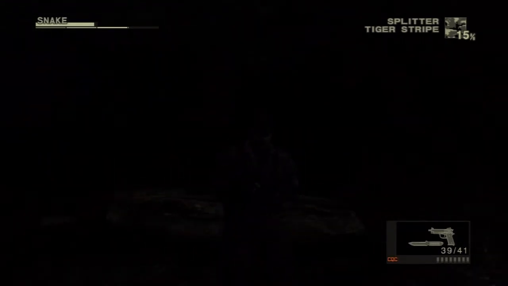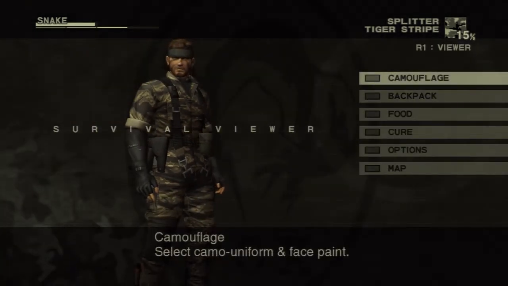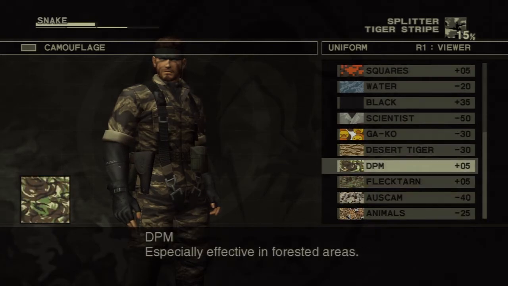This was clearly the best decision. Let's jump down into a cavern. And that's what we get for beating Ocelot. We get the uniform, animals. Oh, no, backpack. Camouflage. I believe, yeah, this is your, even if you're low on stamina,